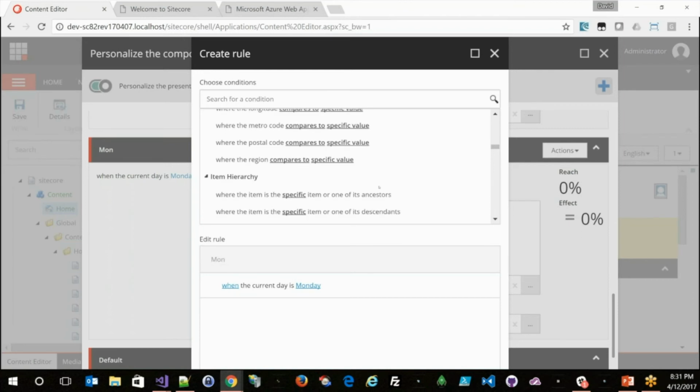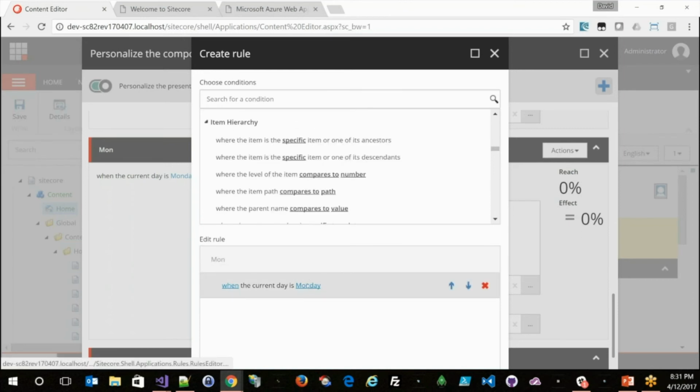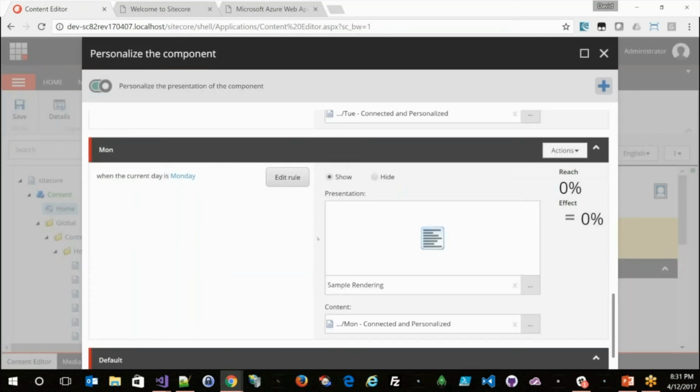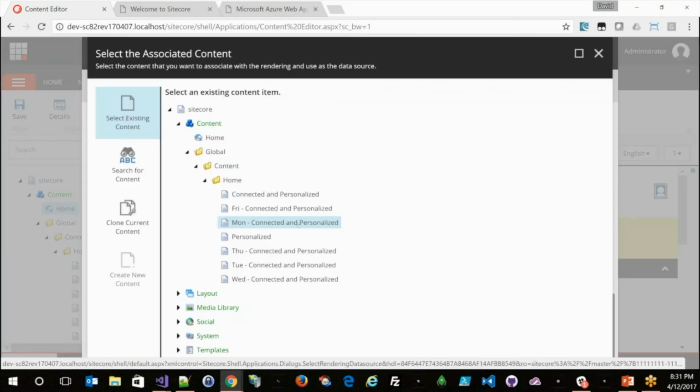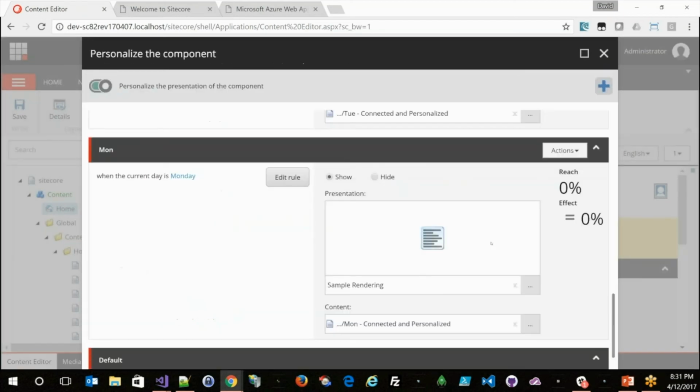So on this one I said we're Monday. Can't even see. But then there's an OK button at the bottom. And then you simply pick from the wizard where the content is that you want to display. And so I appropriately named these Monday, Thursday, Friday. I picked that, but I went ahead and left the rendering the same on all of them. And that. Oh,